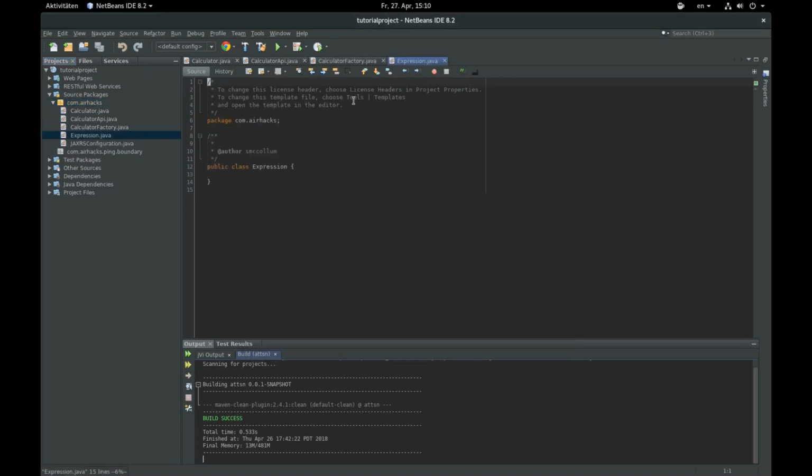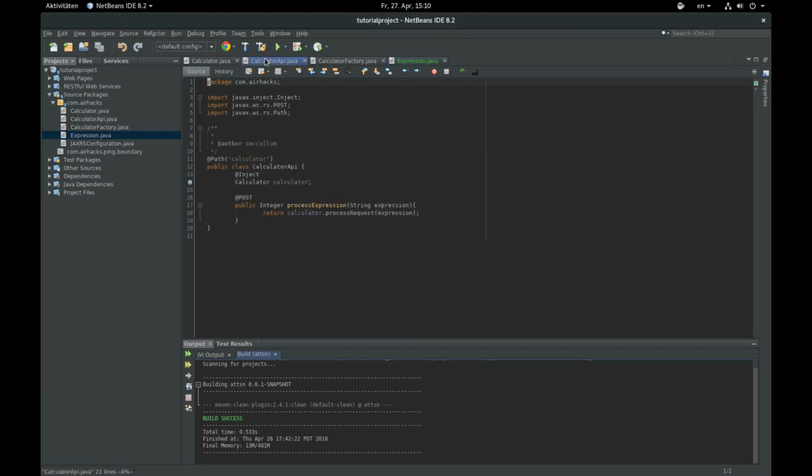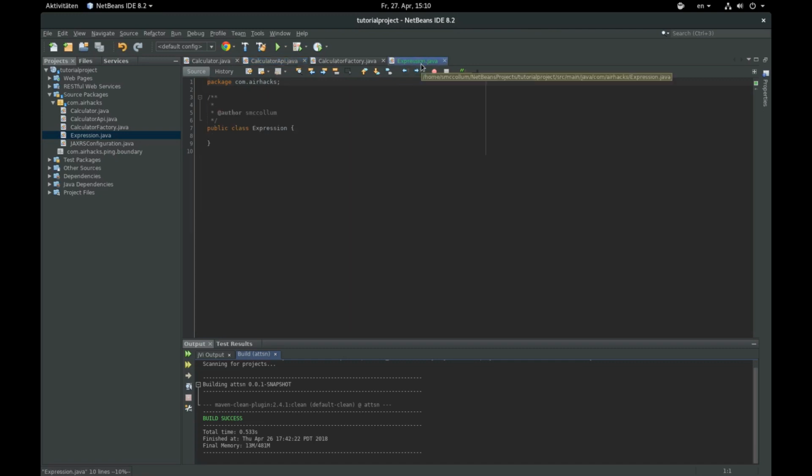And what we're going to be doing with this class is we're going to be keeping track of every time this endpoint gets called. So we're actually going to keep track of it. We're going to say, hey, we got hit at this endpoint, and we're logging the expression that was sent to us. So in order to do that, I'm going to just put one attribute in it, which is a string,